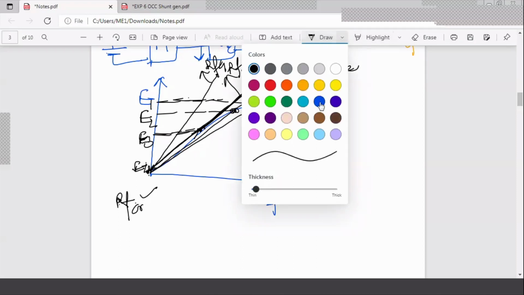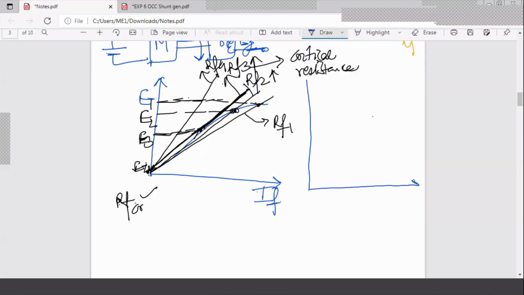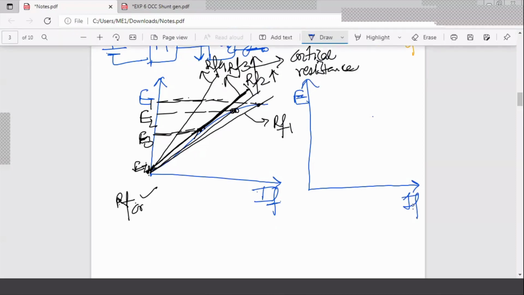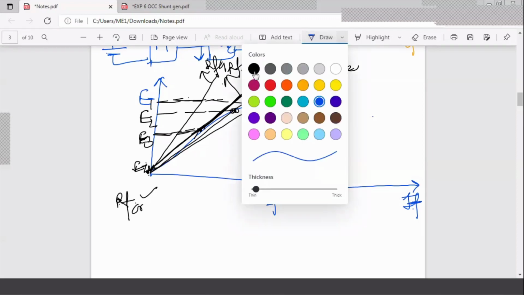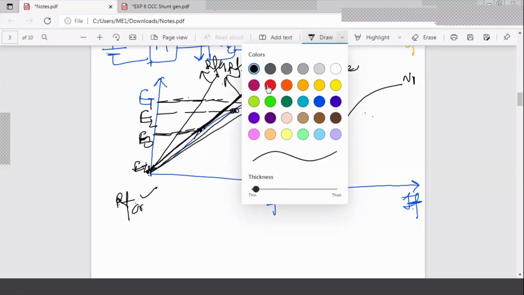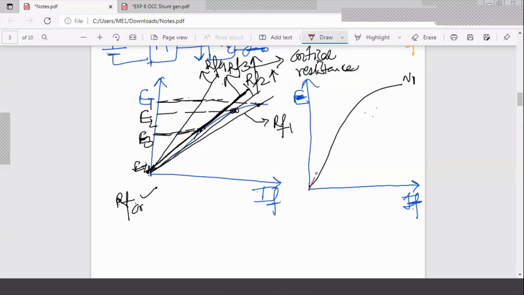And there is another term which I want to tell you here. Again, we may have this E versus IF curve. This is E versus IF. Now, we may have characteristics at different speeds. So we had seen at different speeds how the variation happens. So let's say this is the first variation. This is our first speed at N1. Now, for this characteristics, if we plot, what is the characteristics here? Draw from here the line.